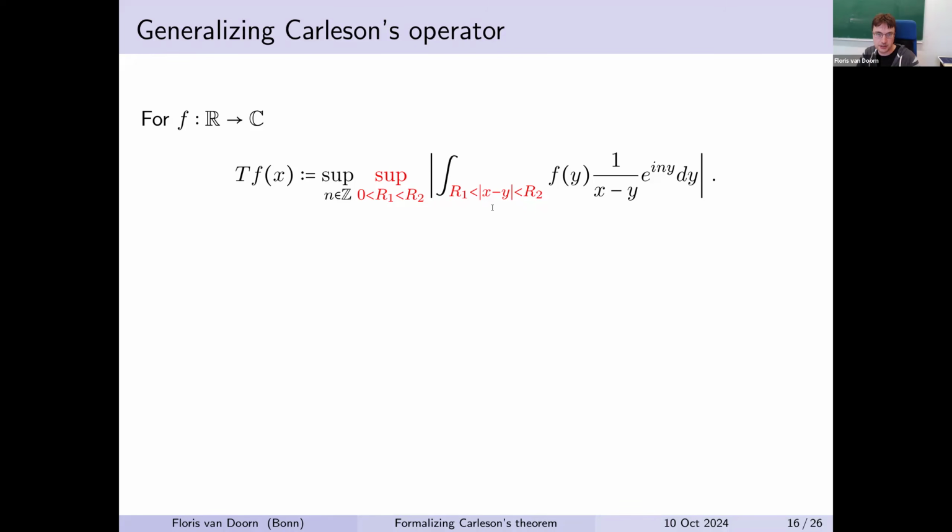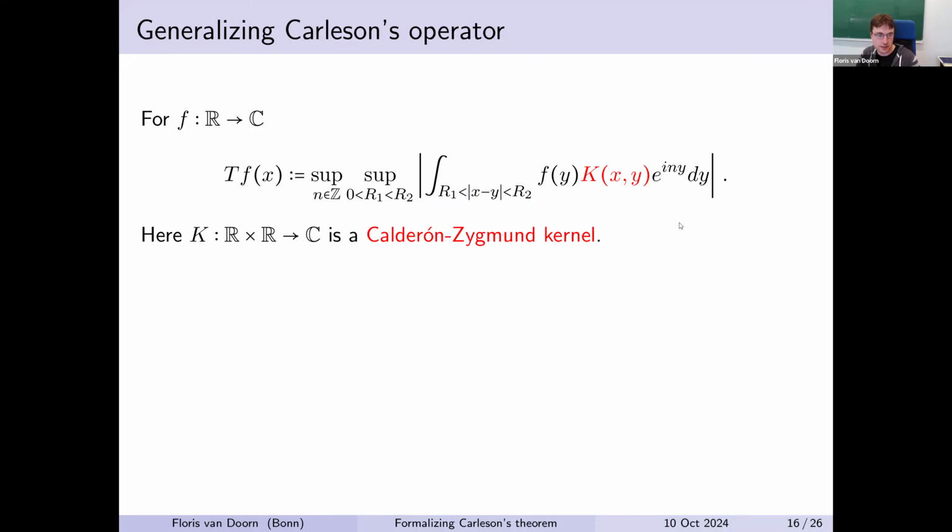So we have to be careful with our domain containing x, where this function has a pole, and when y goes to infinity. And so we're doing it this way. And now in the generalization, we can generalize quite a few things. So I mentioned this Hilbert kernel, 1 over x minus y, and actually there is in harmonic analysis something called a Calderon-Zygmund kernel, which is a characterization of these binary functions with some properties, and you can actually do this for any of these kernels.